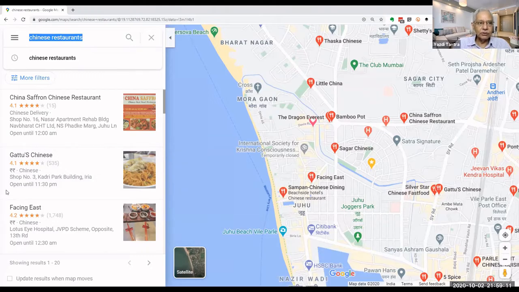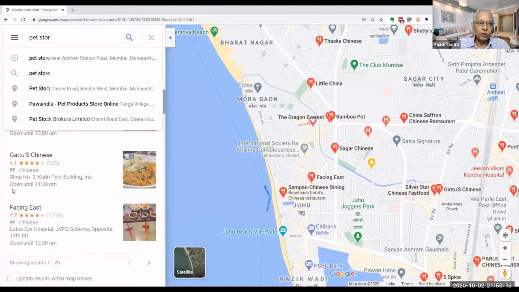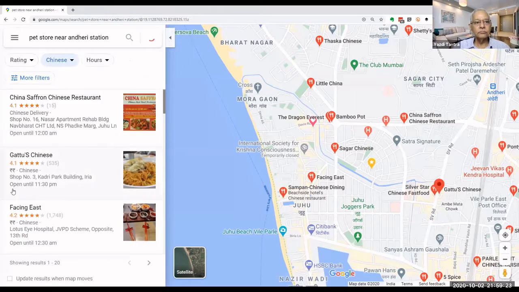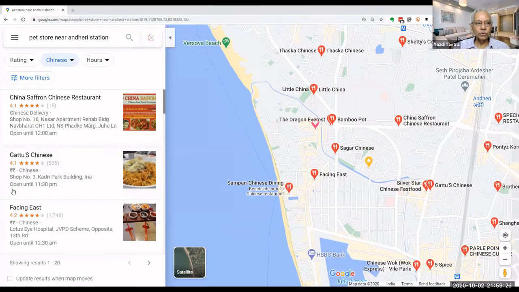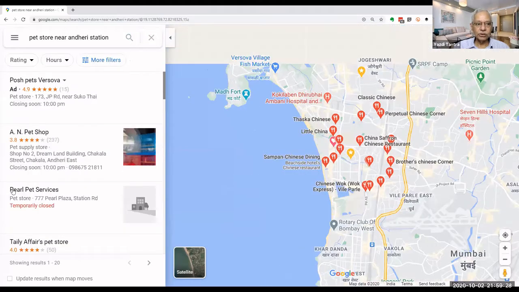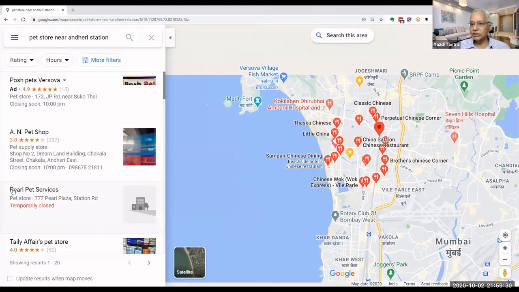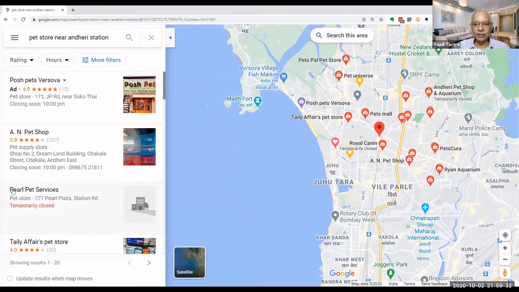So suppose I want to search for a pet store near Andheri station. It is showing me all the pet stores nearby Andheri station. Pets Mall and AN Pet Shop and Pets Cura and Pets Shop Aquarium.